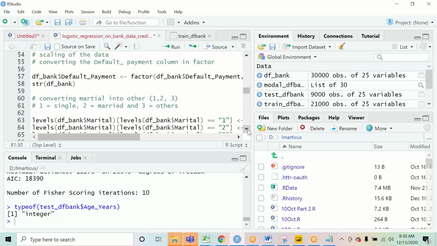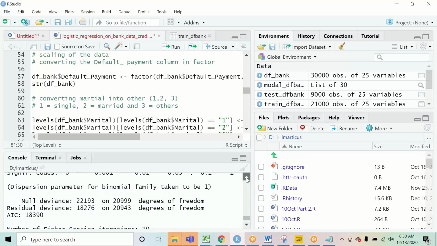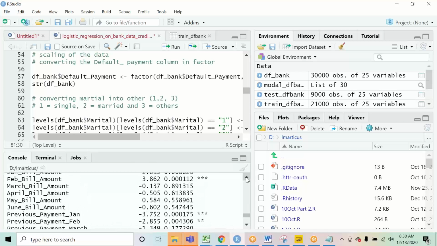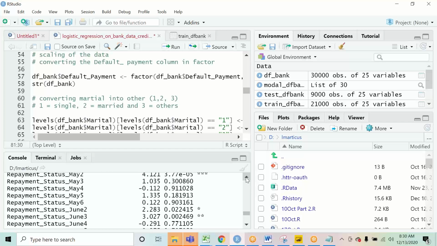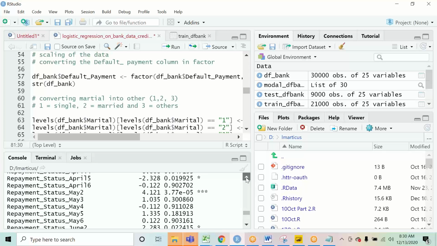Actually, you see the summary, and there are some significant variables, some having two or three unique values, which will be separated differently, like gender, male and female. So there are significant variables differently. So we are creating a new model for significant variables. So why do we do this?